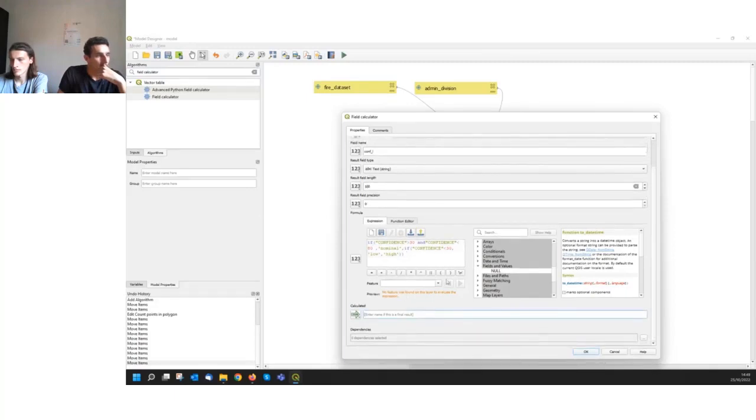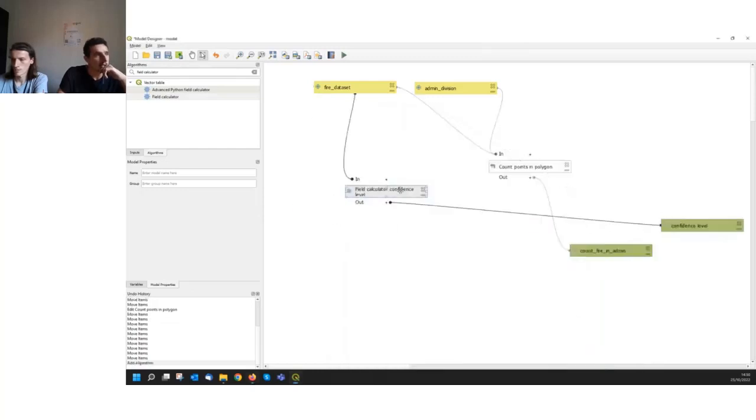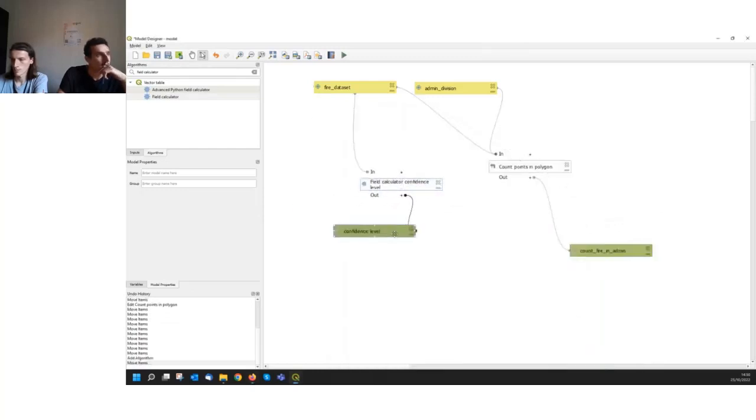And what I will do to be sure my expression is right is to create an output like that. If I run my model, I will be able to check if everything is okay, if my expression is okay. So I will write confidence level. I will click on OK, and here, as you can see,